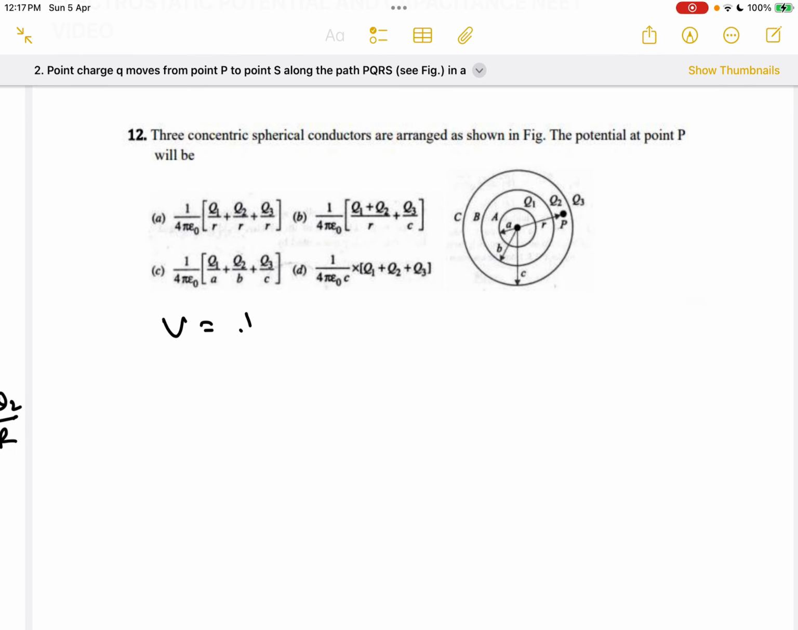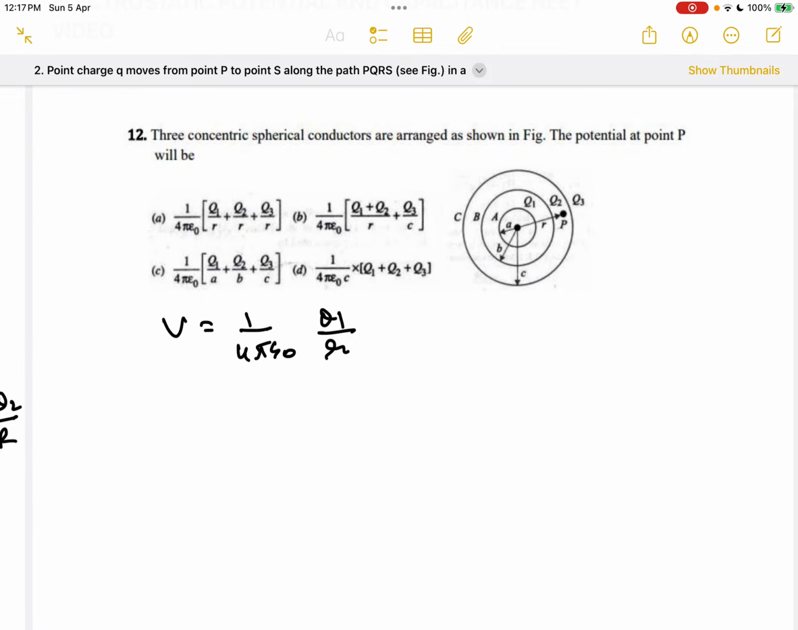See, the potential can simply be written in terms of the constant 1 by 4 pi epsilon naught, Q1 divided by r. That's the potential due to Q1. All right. Due to Q2, it is again,